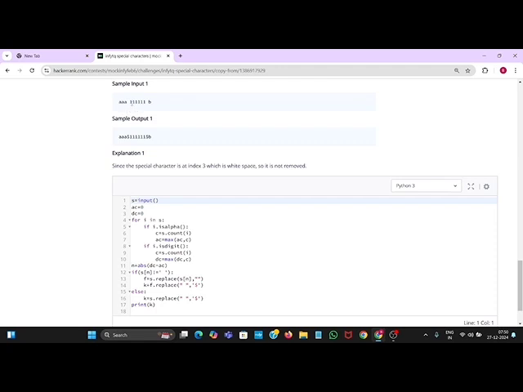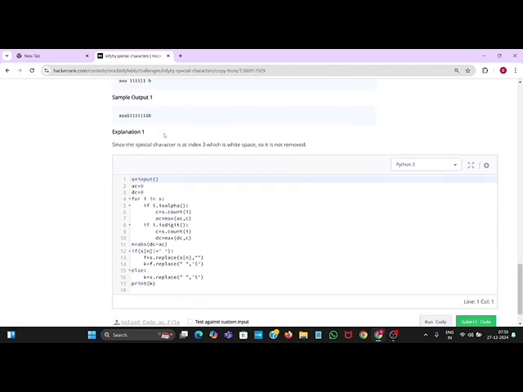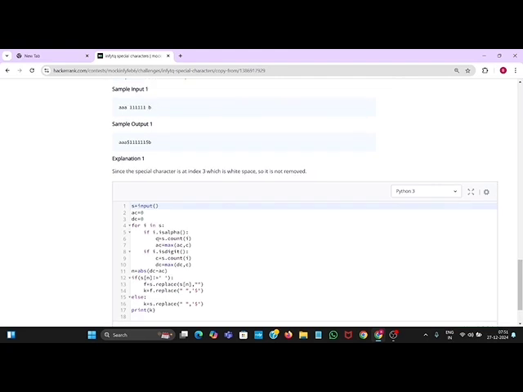And next, 1 will come. 1 is a digit. So, it will calculate the count of 1, which is 6. Here 1 occurred 6 times. The 6 will be stored in C. In the below step, we are calculating the maximum of DC comma C. DC is initialized to 0 at first, and C is 6. Maximum of 0 comma 6 is 6, and 6 will be stored in DC. And for all the remaining ones, it is maintained as 6 only.